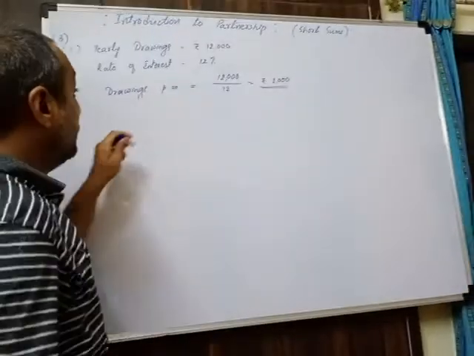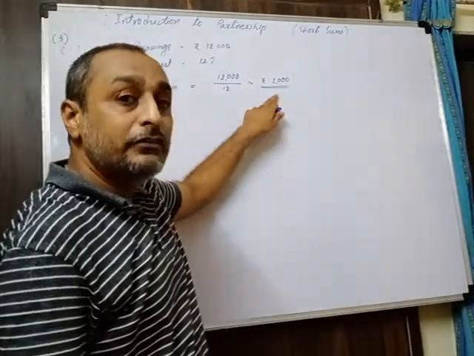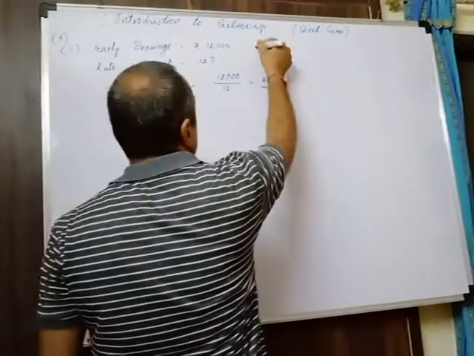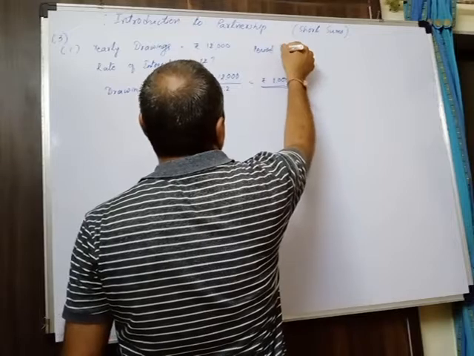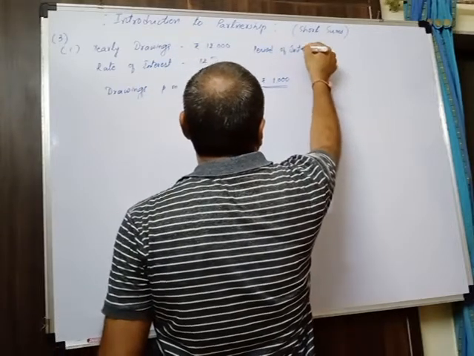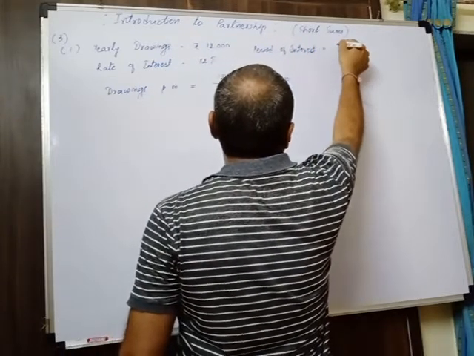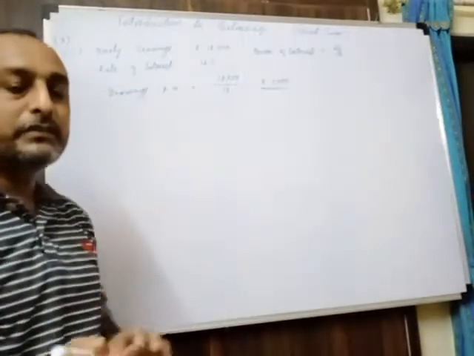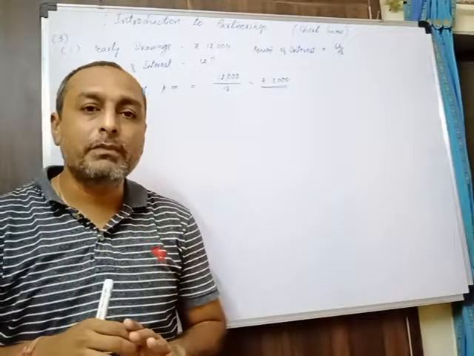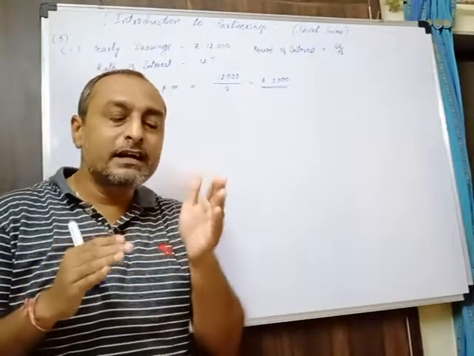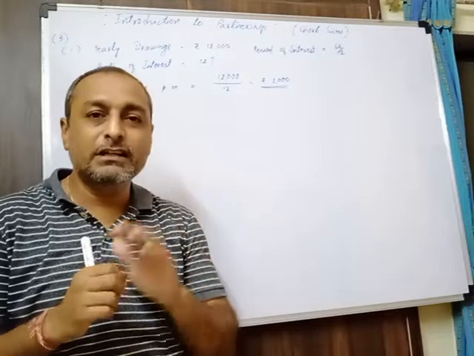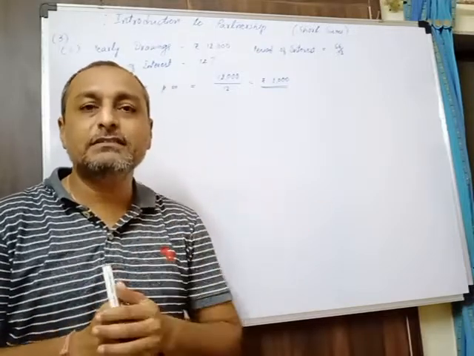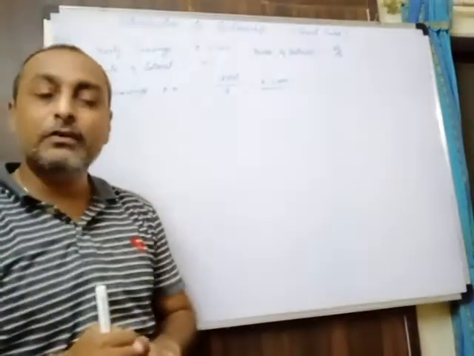Now it is withdrawn every month 1,000 at the end of each month. When at the end of each month is available, the period of interest calculation will be taken as 66 upon 12 when it is at the end of each month. See, at the beginning of each month you remember 78 upon 12, then deduct 6 for the middle of each month, that is 72 by 12. Again deduct 6 for the end of each month, that is 72 minus 6, it is 66 upon 12. That is how you can keep in mind.